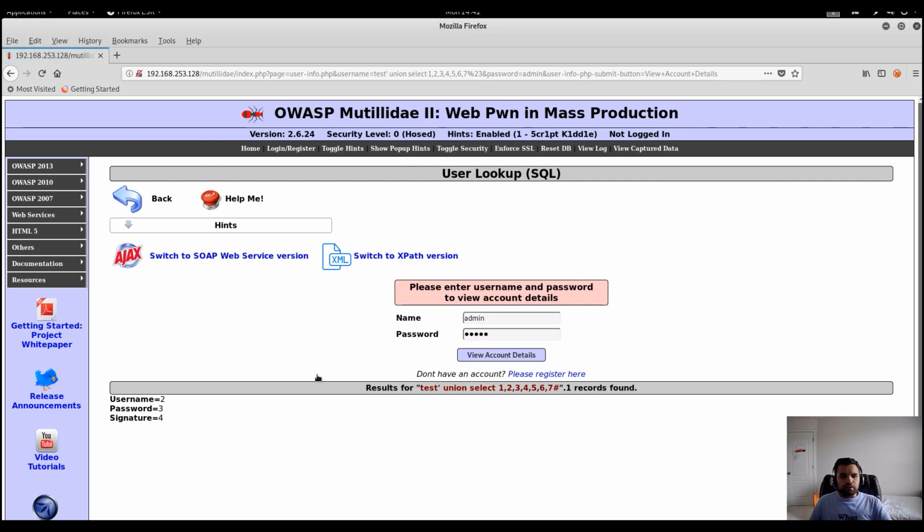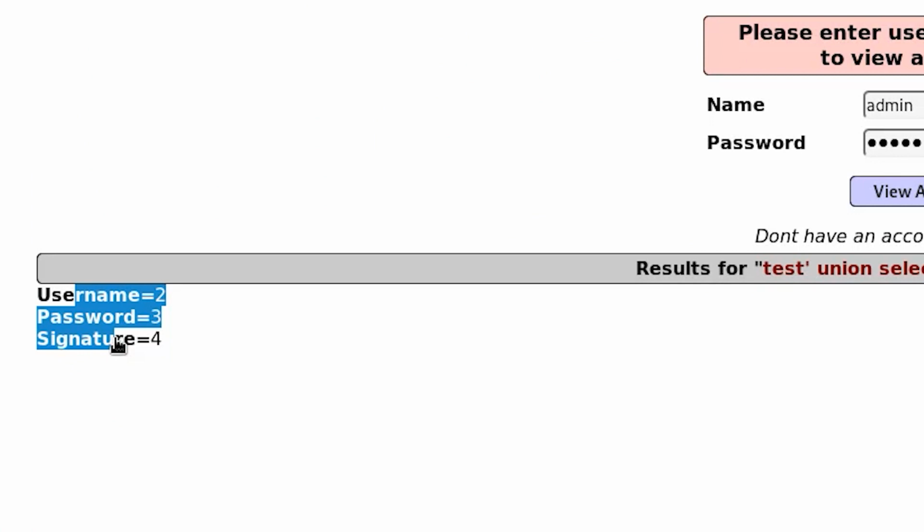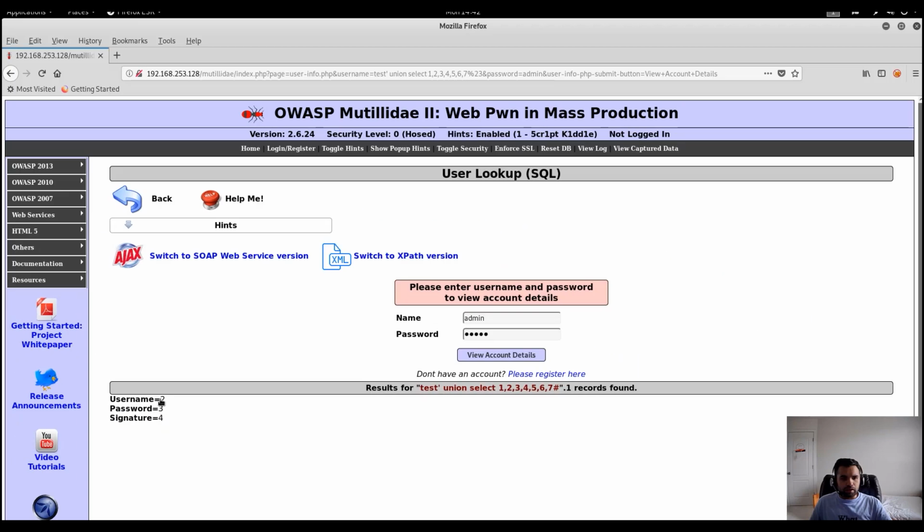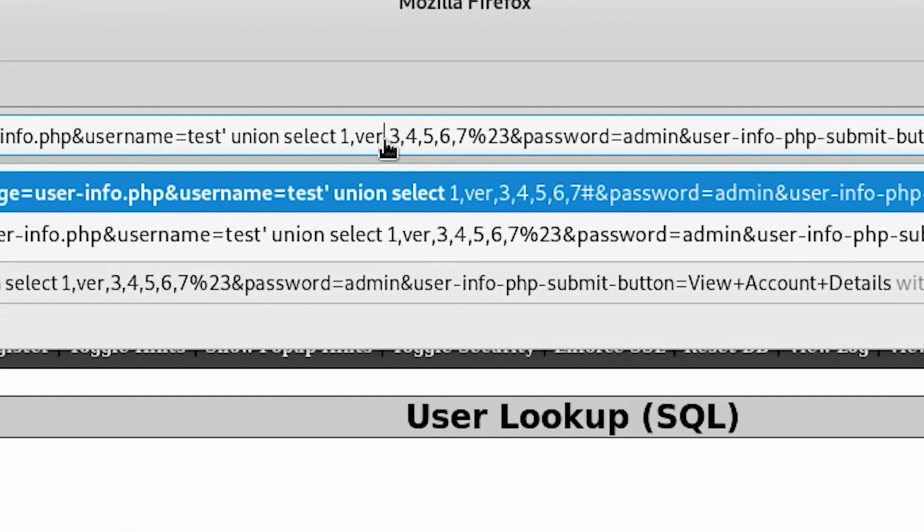So here you can see when we had the right information, we were getting 3 columns printed out here, right? Result from the 3 columns, and we are just printing this number, so I know where to put our stuff or query to extract the data. So we are getting the information at least visible from column 2 3 and 4.